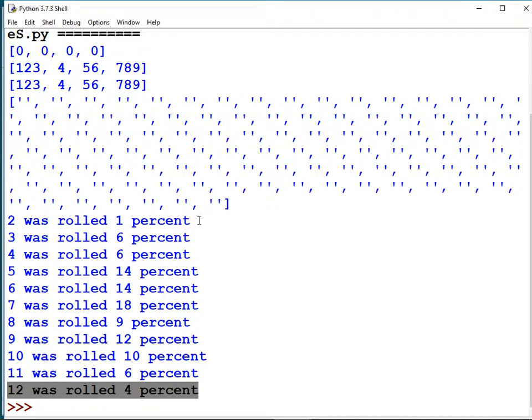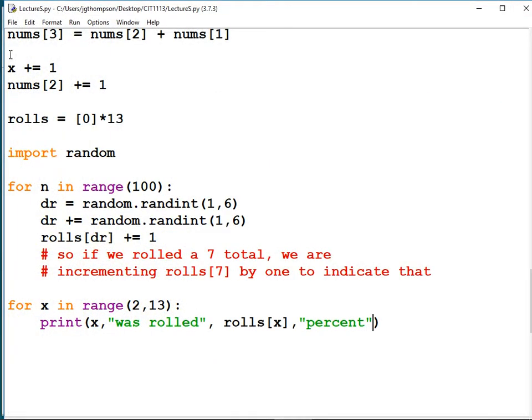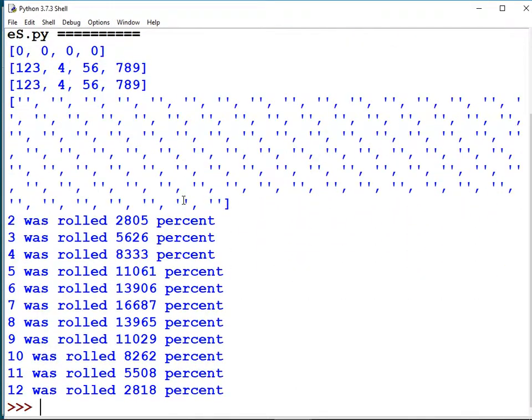The more times we roll the dice, the more perfect the distribution would be, the more accurate, right? Just like if you roll a die 100,000 times, then you're more likely to get a perfect average going all the way through it. But then we'd have to modify this percent thing. Just for grins, I'm going to change that to 100,000. It took a while, but then we would have to divide all of our answers by 1,000 to get it back to being 2% and 5% and stuff like that.